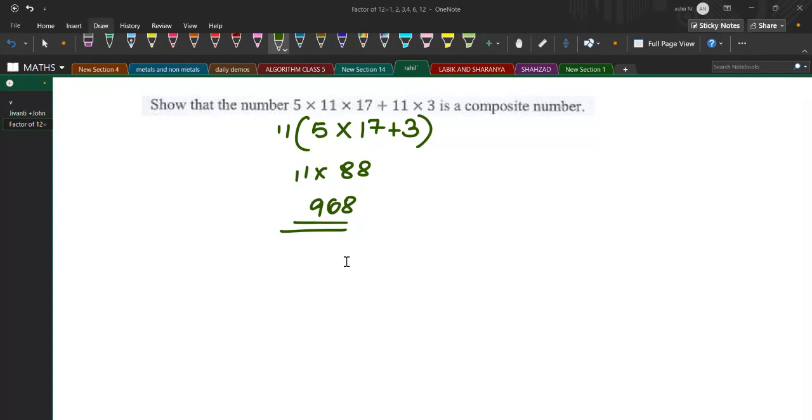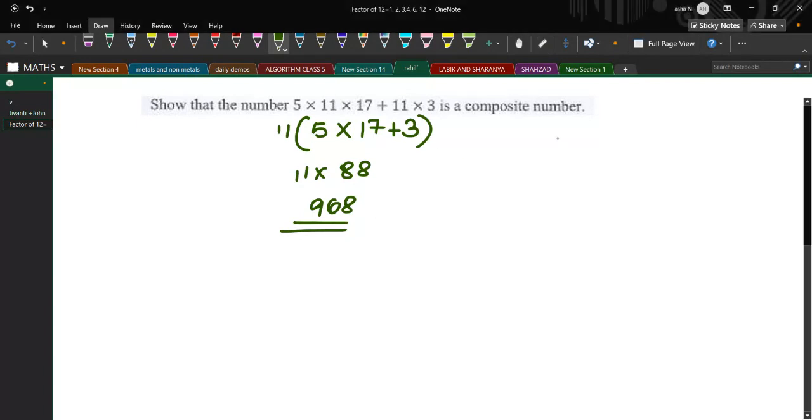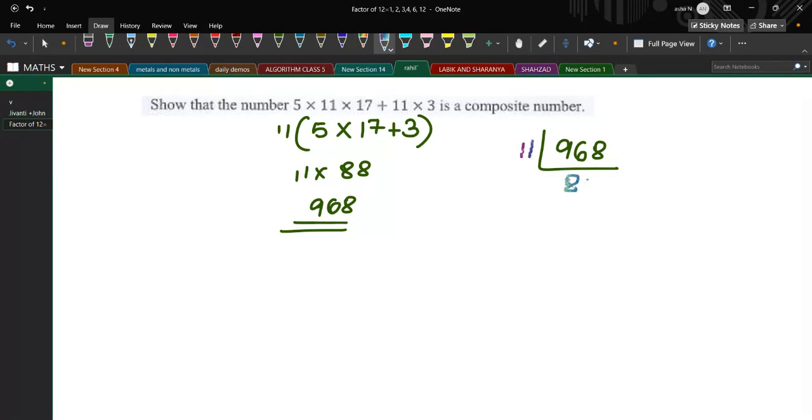Now is 968 a composite number? Let's see. It has a factor other than one and the number. Let's see which is that number, 968. We have just now split it. 11 eights are 88. Not necessary, any prime number we can start with. Why would we start with 2, it will take so much time. Like see, 2 fours are 8 and 2 twos are 4, anywhere you can get 2. Any prime number you can take for prime factorization.